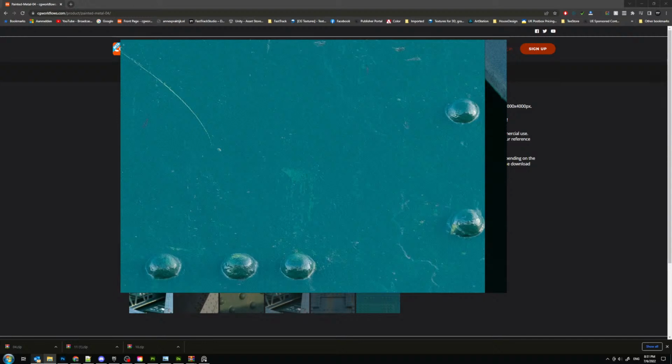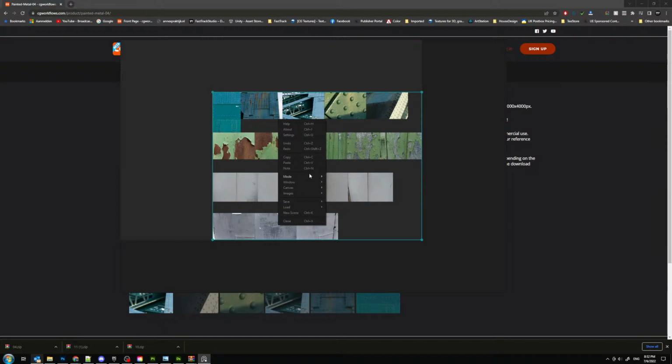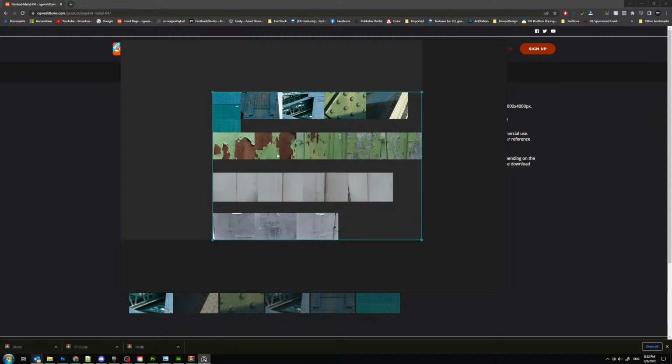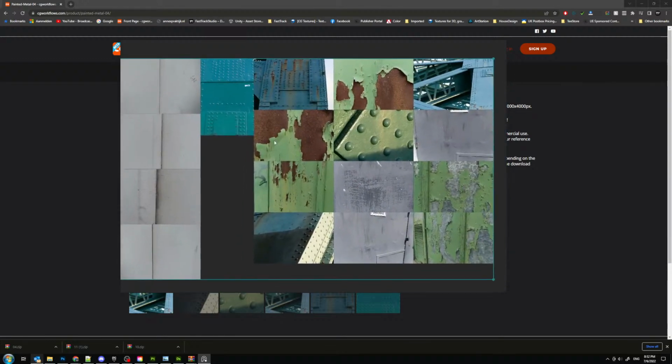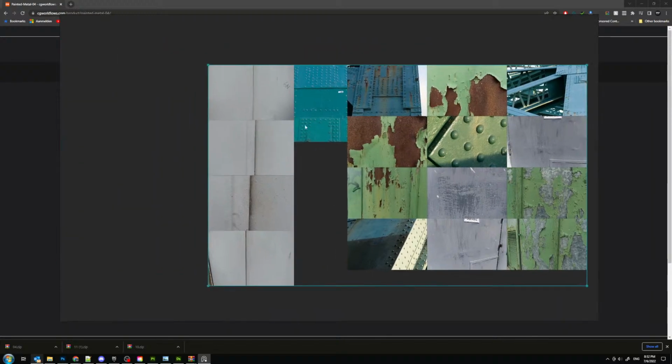Well, I have more images, but I guess not. Okay, we have some images. Yeah, I'll do the base metal and then I'm going to